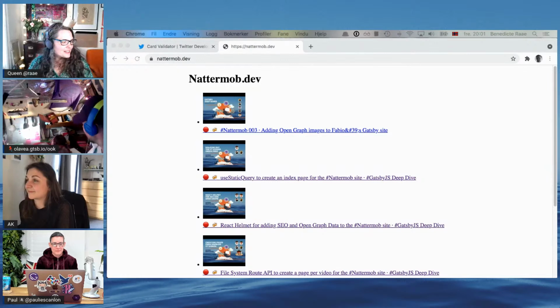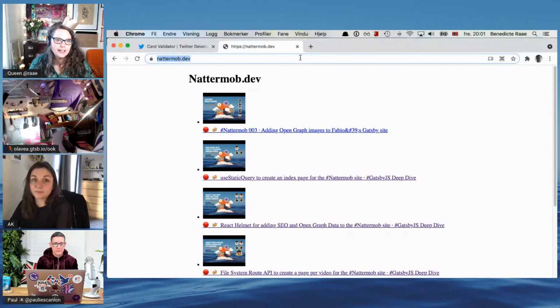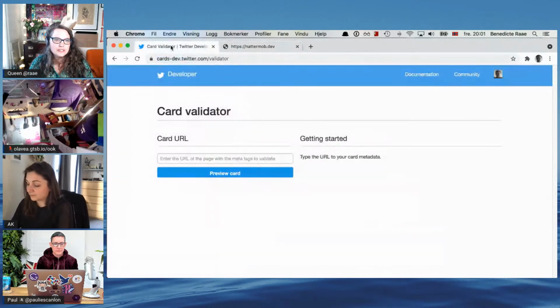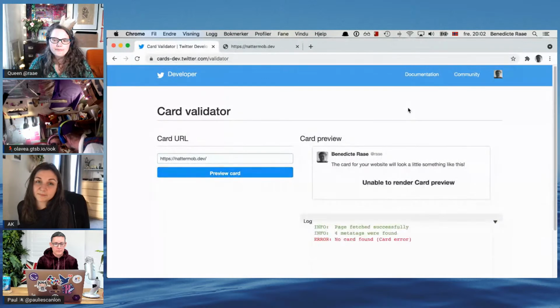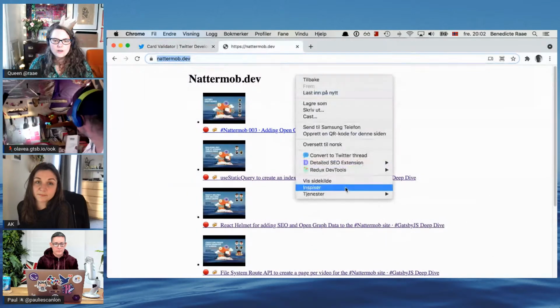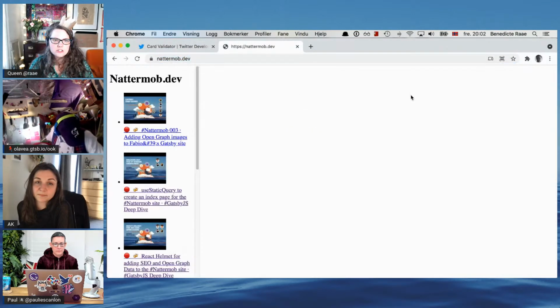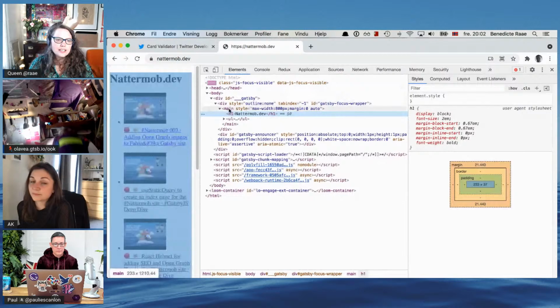So sharing the screen. If we go and have a look at the Nattermob dev site in that Twitter card validator, it's the one that will show you how your links show up on Twitter. I think we're going to see that it's pretty boring. So unable to run the card preview because there is no data there for Twitter to put into its little card preview. And if we then also go and inspect the actual page, we can see here in our elements,